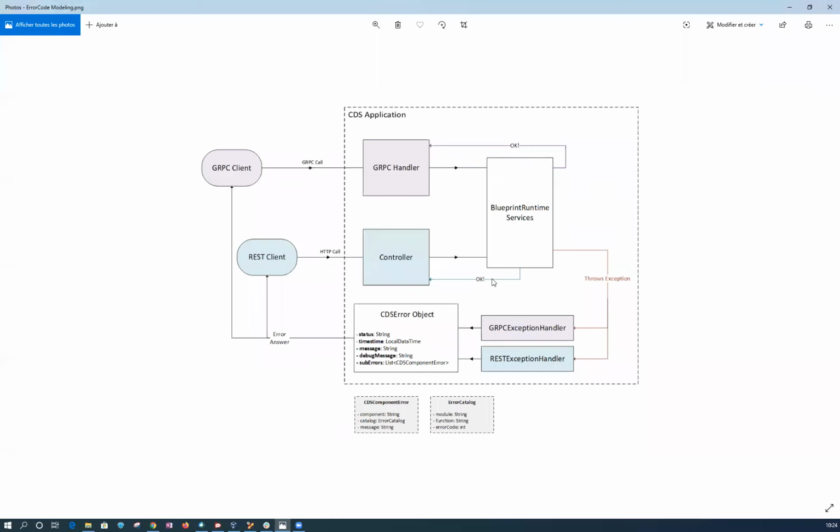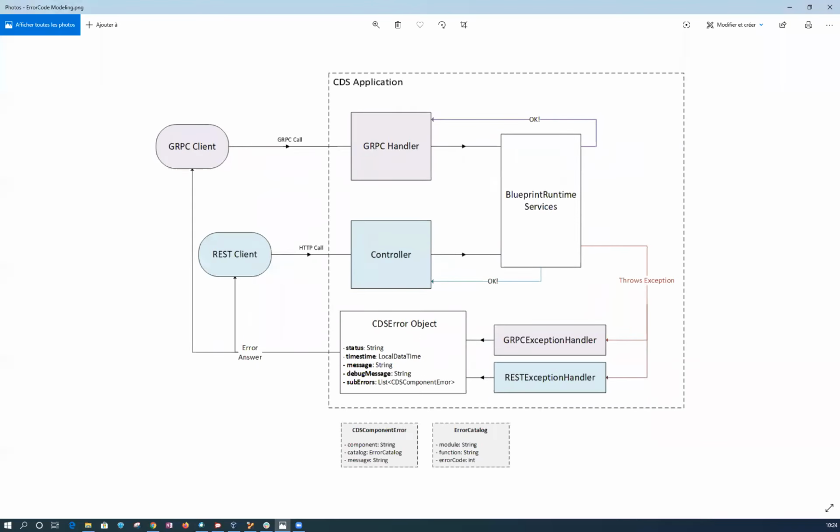That is the only advantage. It's a mapping from the component perspective: what error happened, what is the message or information that I want to look at, and how to come back from that error. Other than that, we don't have any other purpose of managing the catalog. So other than that,